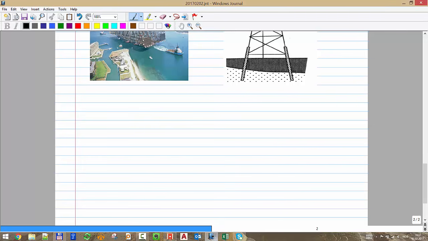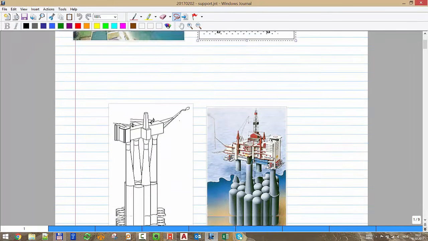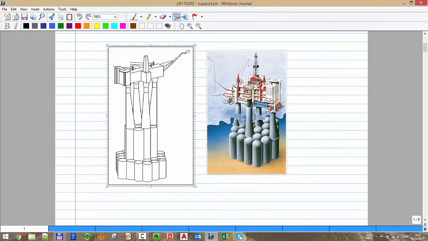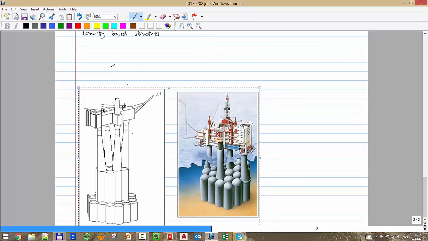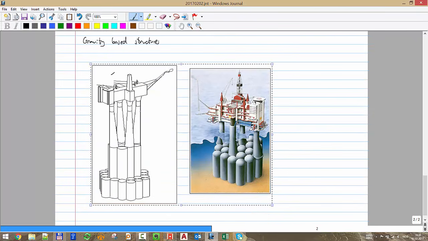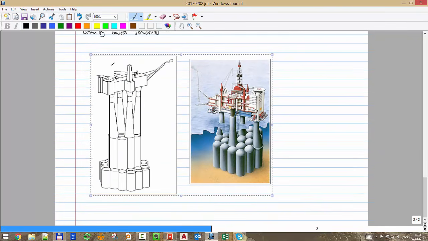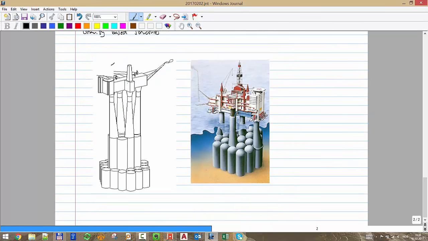Okay, then you have the Norwegian gravity-based structures, concrete platforms. Okay, so that's gravity-based structures. Okay, that they are made. I didn't bring a real picture. Okay, but they are made in the